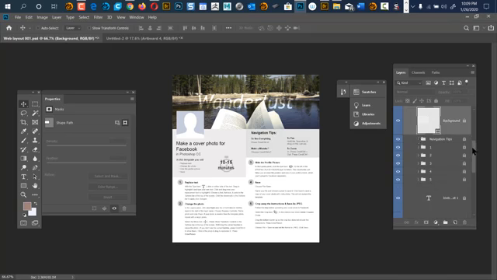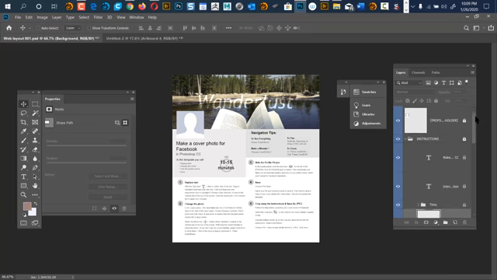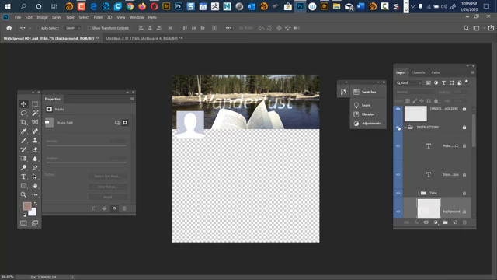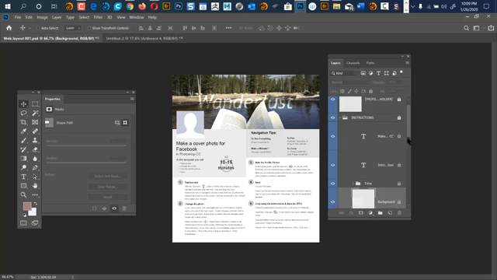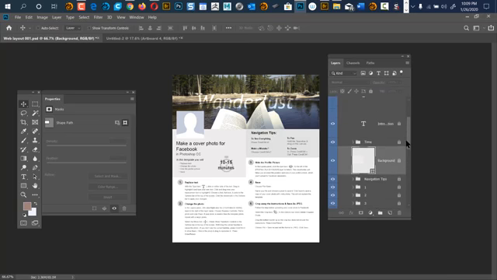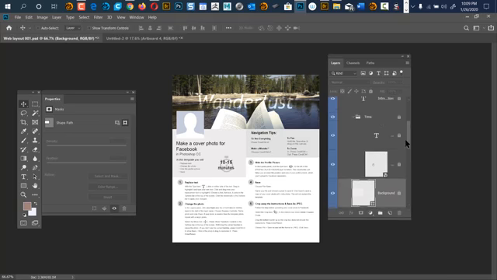Everything is actually preserved in layer groups. So you've got your instructions here. If I click it on and off, you can see the entire bottom three quarters disappears. Well, if I click on the eyeball and come over to my layers panel, what we're going to see is we have additional layer groups. That's what these folders are. Inside each group is a certain set of layers used to design a certain element. If I drop it down even further, you can see that group pretty much encompasses the text,